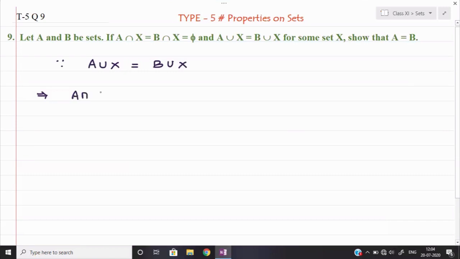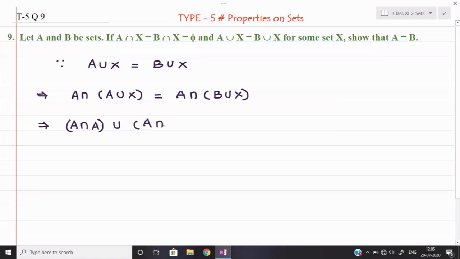As you can assume here, we multiply by 2 on both the sides, we divide by 3 on both the sides. In the same way, in the set I am taking A intersection on both the sides. So A intersection A union X and A intersection B union X. Now A intersection A union X I am opening with the help of the distributive law. So this will become A intersection A, that is going on the first set, then the symbol between the two sets is union, and then again it will come A intersection X.